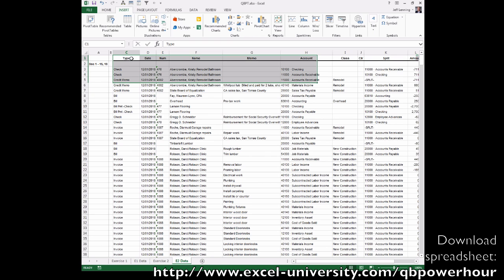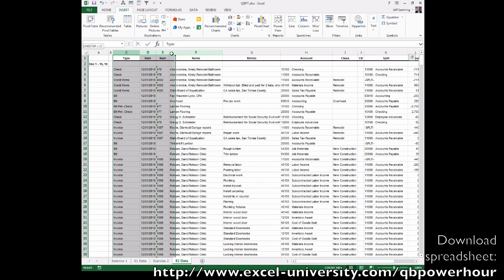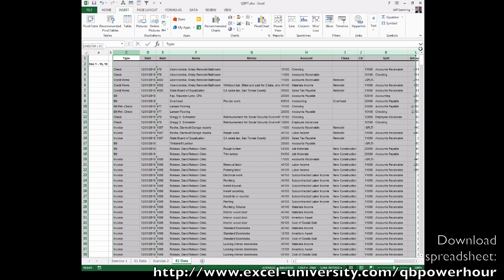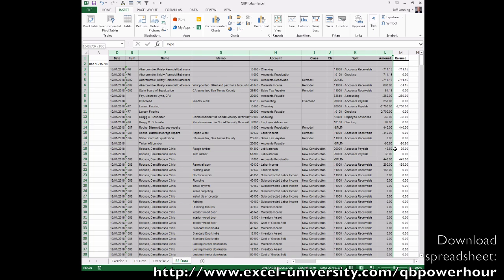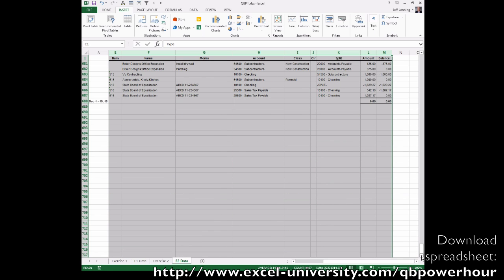That means instead of using a range reference like C1 through whatever it is, K100, I'm going to use column-only references. Starting with C, I'm just going to select the entire column, and I'm going to drag it all the way over to the end. Now, if I scroll down, I can see that I've actually told Excel that I want the entire column. If I scroll all the way down, keep scrolling down, I see that all of those values are in there. And that's perfect, because next period when I paste in new transactions, maybe there's 1,000. That's fine, because my pivot table is going to include all of the rows in these columns,